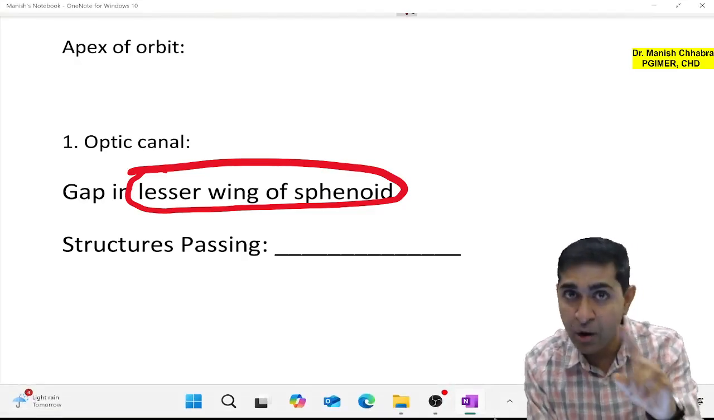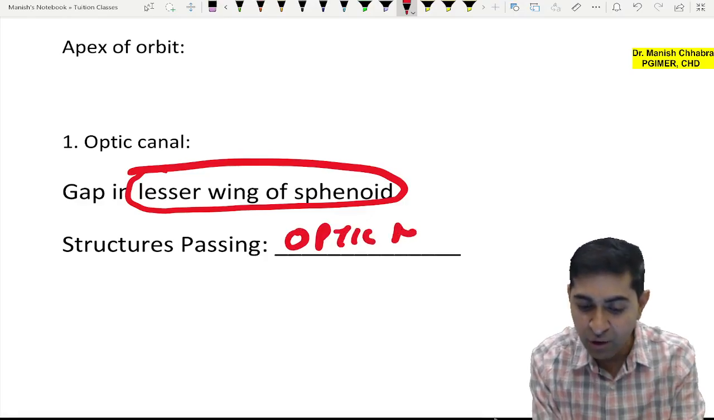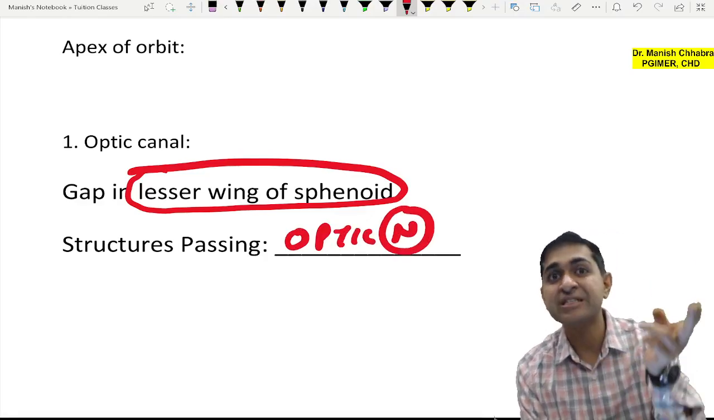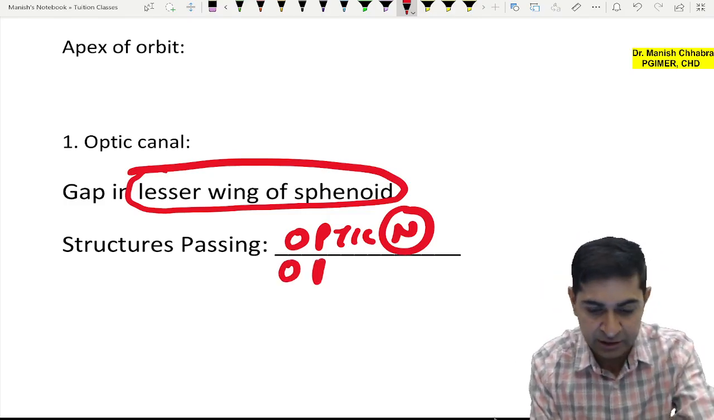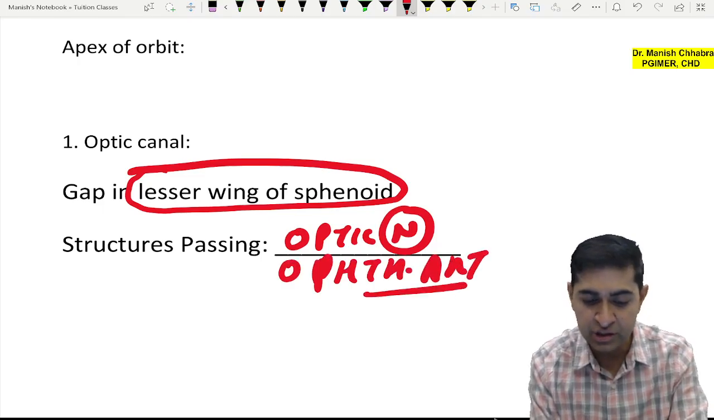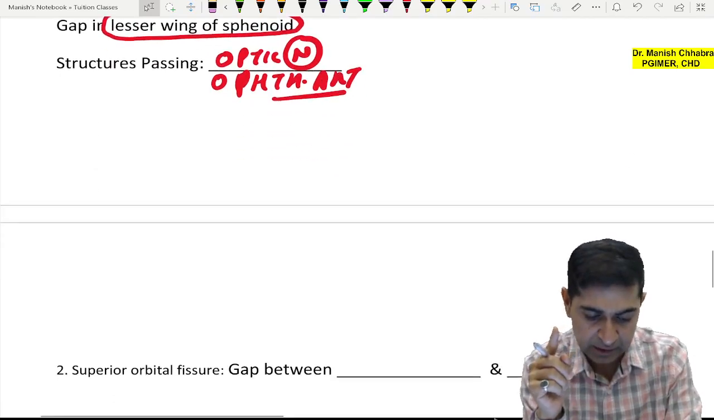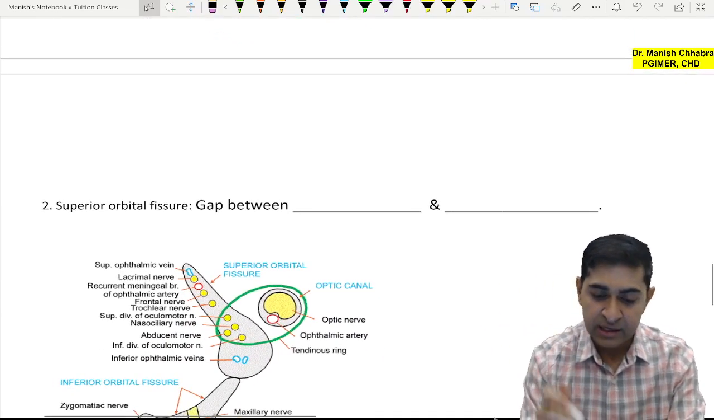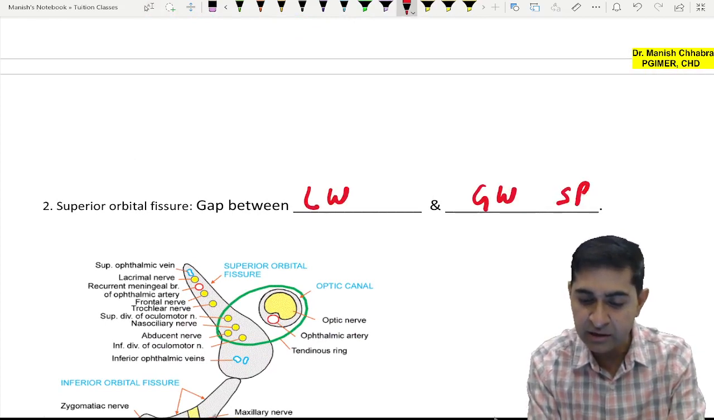As the name suggests, optic canal, so there has to be O for optic, O for optic nerve, and of course the same artery which is supplying the eye, ophthalmic artery. So there are two structures which are passing through the optic canal. Okay, all right. Now superior orbital fissure is a gap between lesser wing and greater wing of